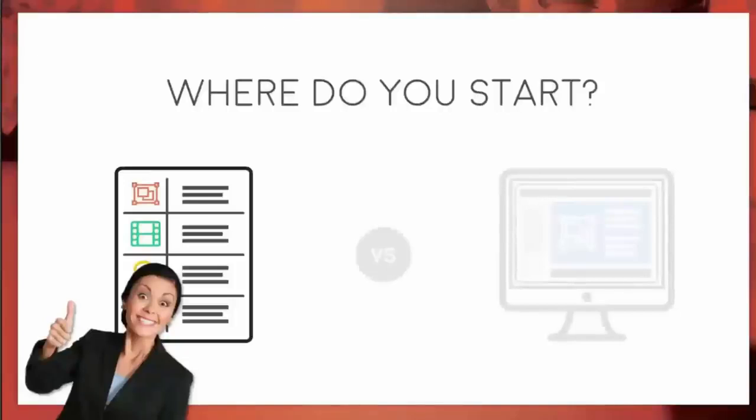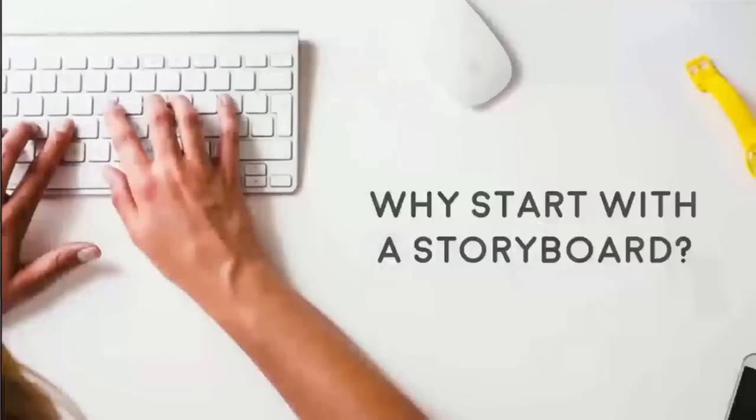Now, with that being said, there are some people who prefer to storyboard directly within the tool. They create kind of a rapid prototype storyboard, and there's nothing wrong with that. A big part of whether or not that works for you is your subject matter experts, I think, and I'll explain why a little bit later. But I prefer to start with a written storyboard, and there's a lot of reasons for that, and I'll explain why.